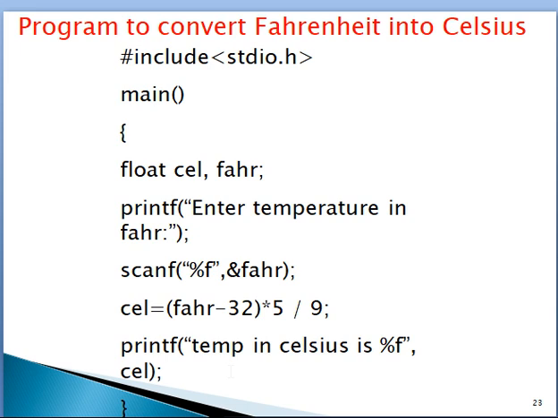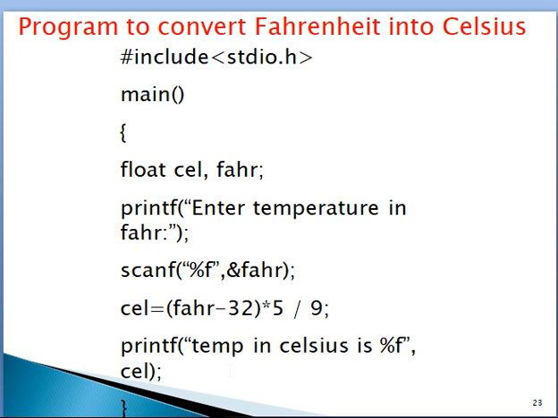After that here is the formula to convert Fahrenheit into Celsius: celsius = (fahrenheit - 32) * 5 / 9. printf "Temperature in Celsius is %f".